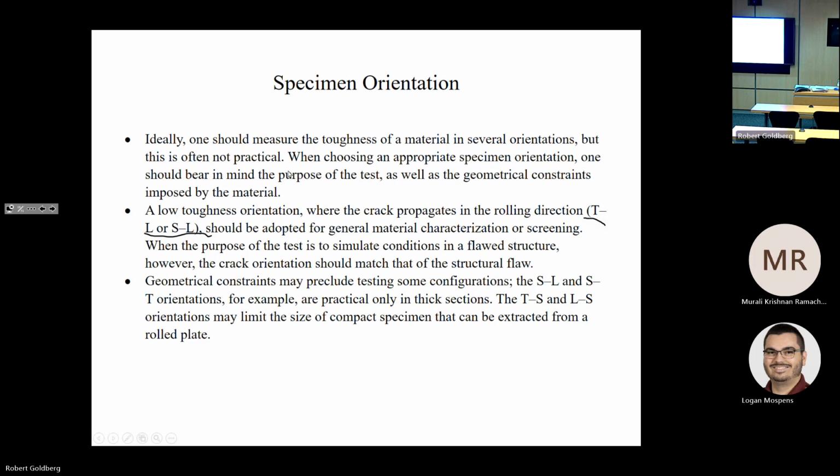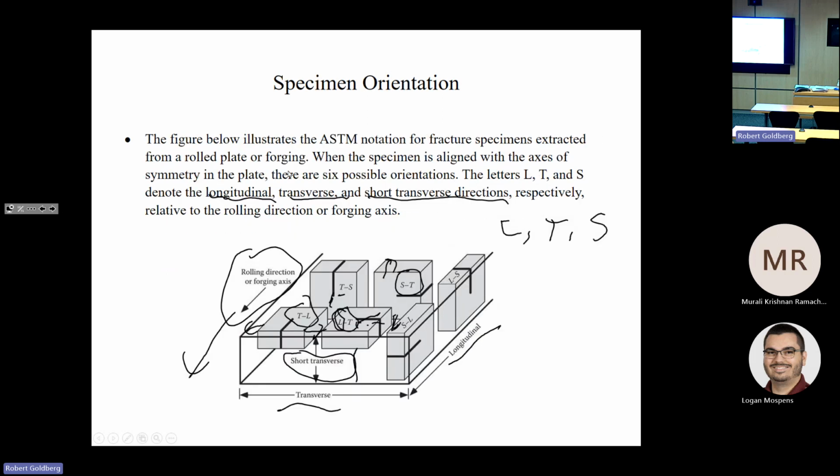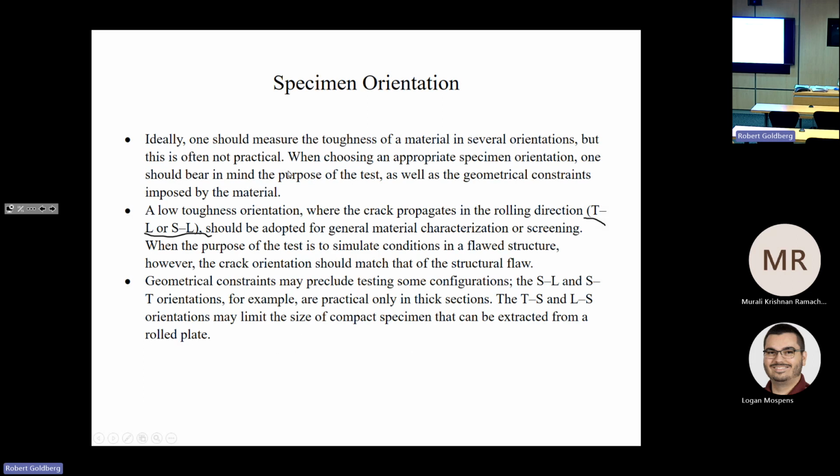So these and the TS and the LS orientations could also limit the size of the specimen that you can extract from your plate. So in deciding on what testing you're going to do, any test takes time and money, so you may not be able to always do all the tests you want, and then it's a combination of